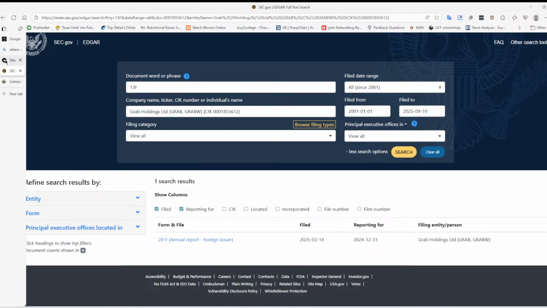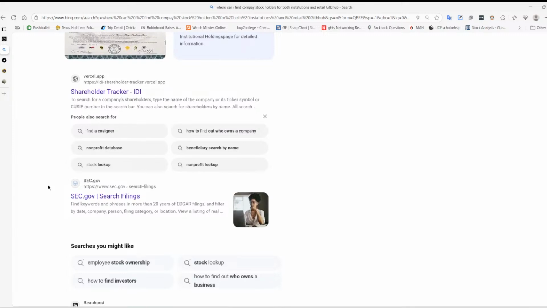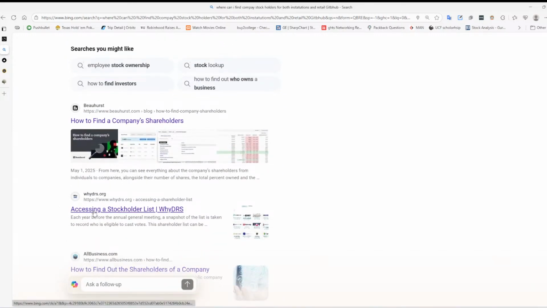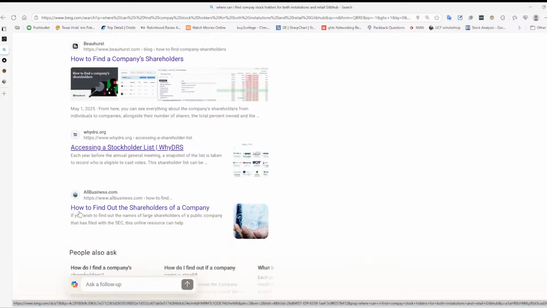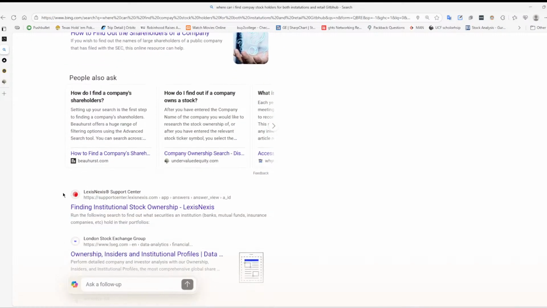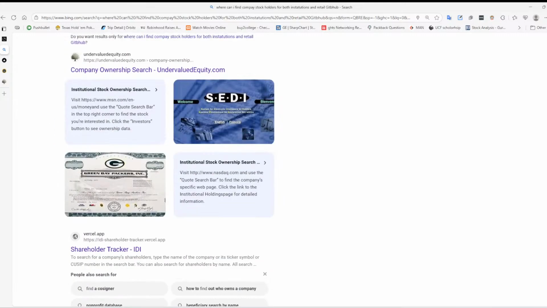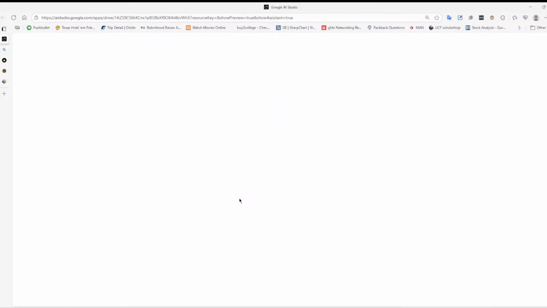All right, let me see. All right, so I can't find it. So what I'm trying to find is the institutional holders, and what I want the AI to do is, whoops,